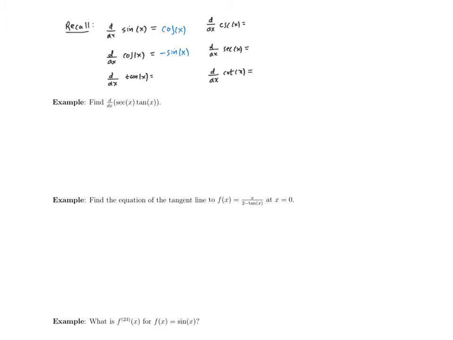is minus sine. And once you have the derivative of sine and cosine, you can use the quotient rule to get the derivative of the remaining four trig functions. The derivative of tangent is secant squared. The derivative of cotangent is minus cosecant squared. The derivative of secant is secant tangent. And the derivative of cosecant is minus cosecant